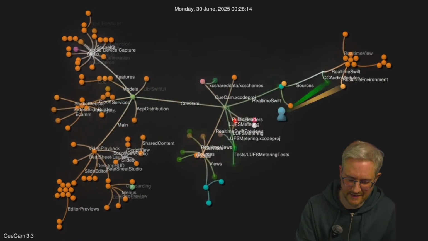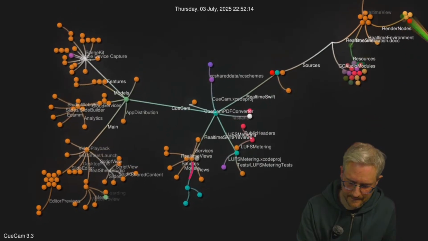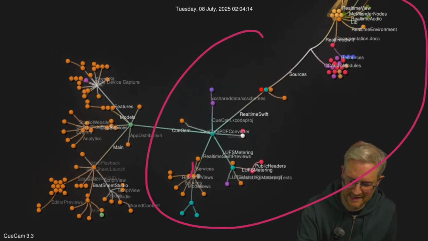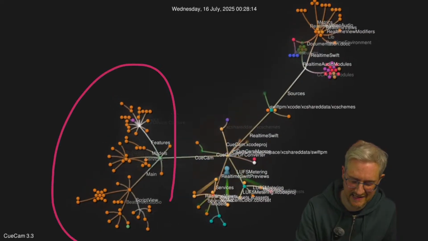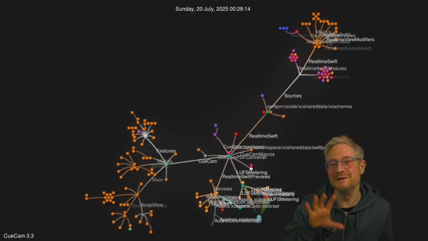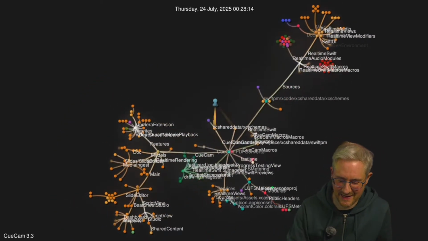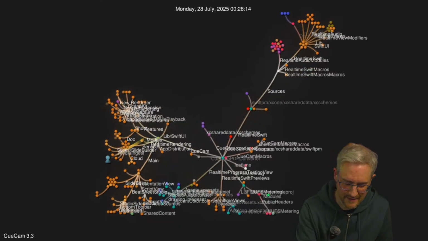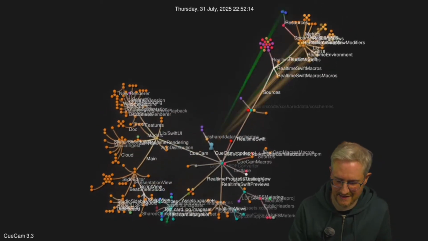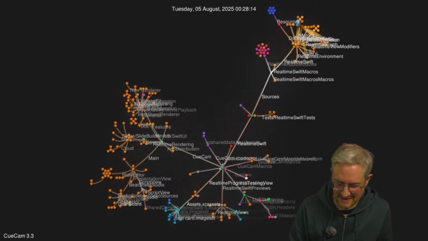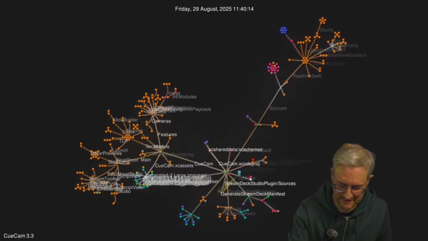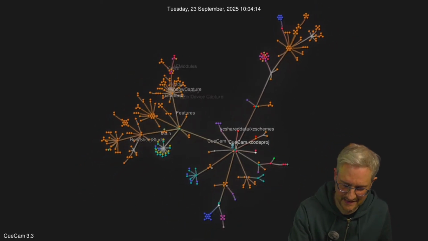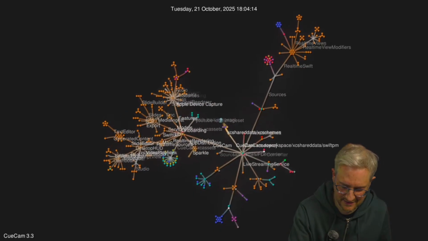This is the code base for CueCam. So this is all new framework stuff that I've created that is reusable between things. And then this is all the stuff I had to change in CueCam to use that new stuff. So you see, we come through July, and this is me, this little character here. I'll fast forward us through it, and you can just see September, October,